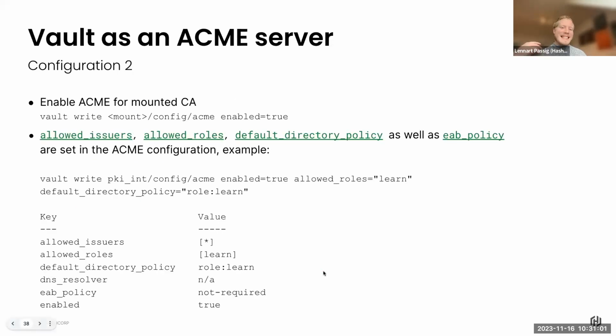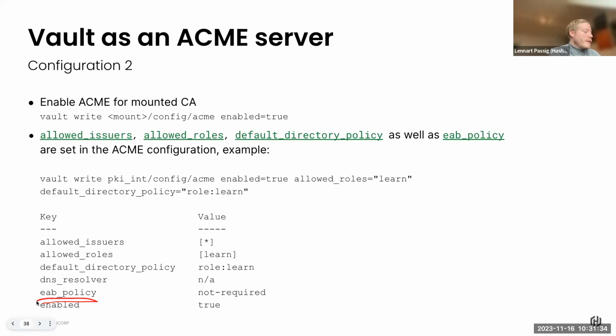And then we have the second one, where we say we've now mounted something like PKI, for example. So for PKI, we have a config ACME and we need to enable it, enabled true. And here we can also configure and work on a couple of things. Allowed roles, who can actually issue it from a Vault point of view, and what the default directory is.